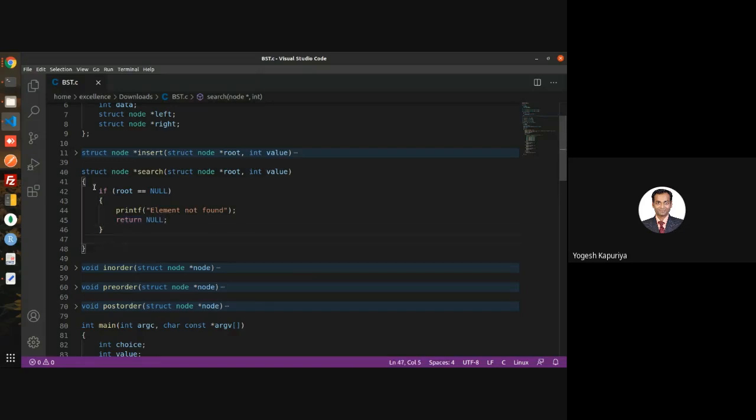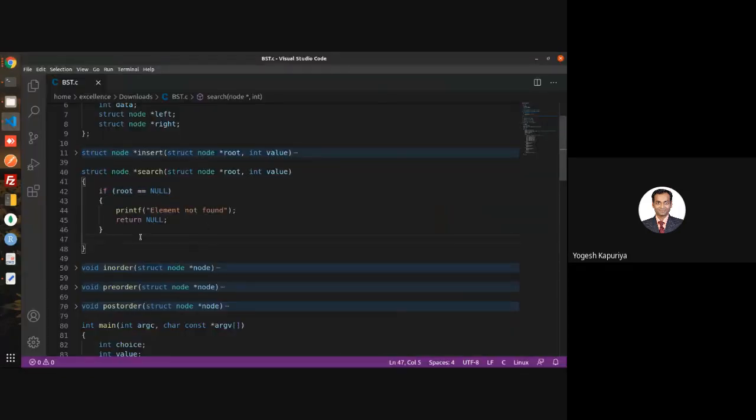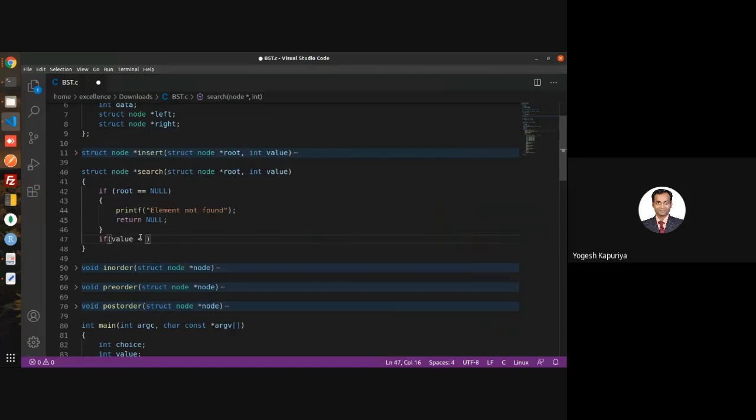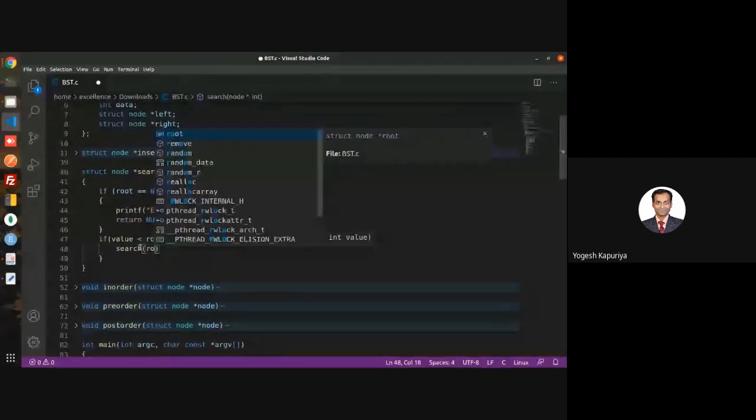Otherwise, because we are returning from here, I will not write an else part. That means my root is not null. It has some value. So what I'm doing now, I'm comparing 36 with this value. Comparing the value with the root value, if it is less than this, then you are searching in the left part.